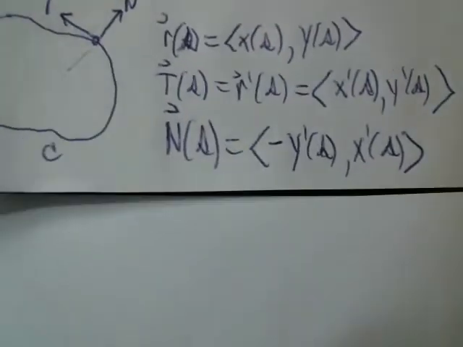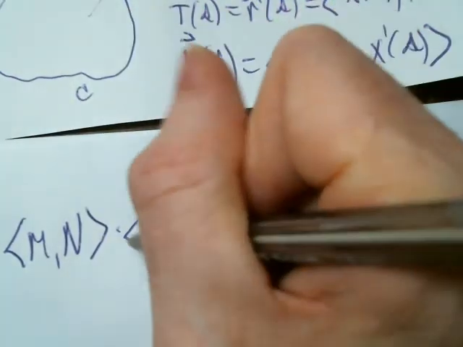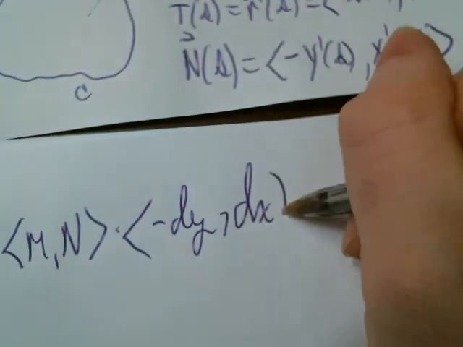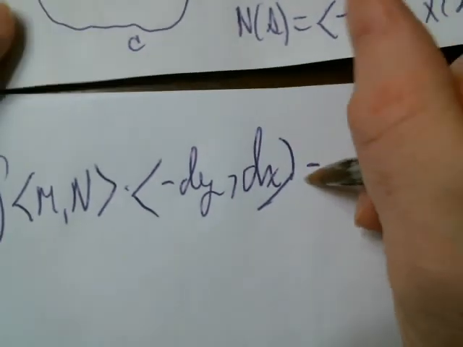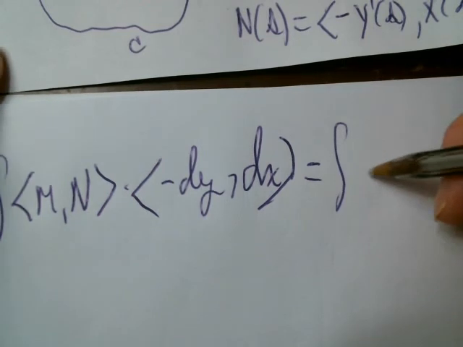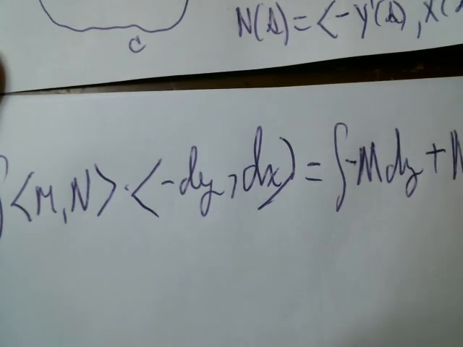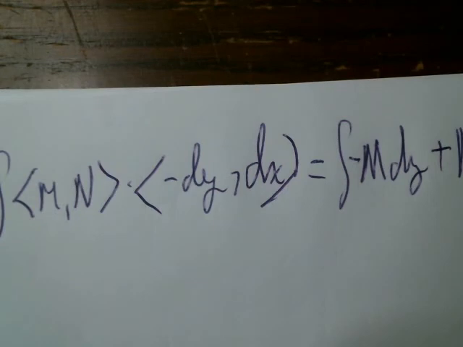So we'll end up with the integral of M comma N dotted with negative dy comma dx. And then we can dot product those, and what you get is kind of a differential form for the line integral. Okay, so this will be negative M dy plus N dx,